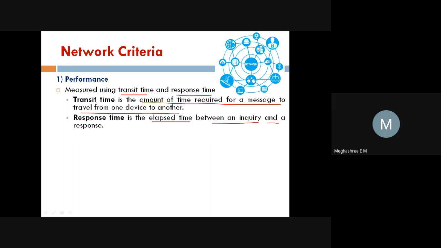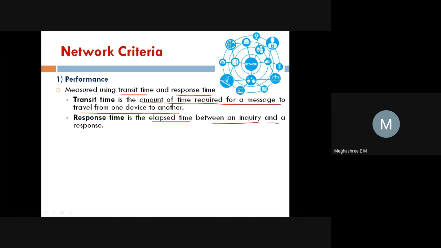If I'm communicating with you, then I'm sending data to your device, right? So the time taken for this transfer of data should be less. It should not take much time to deliver my data to the intended user. So that is one factor. And the second factor is the response time. Once the message has reached, there should be a response from your end, right? That we call response time. So this altogether decides the performance of